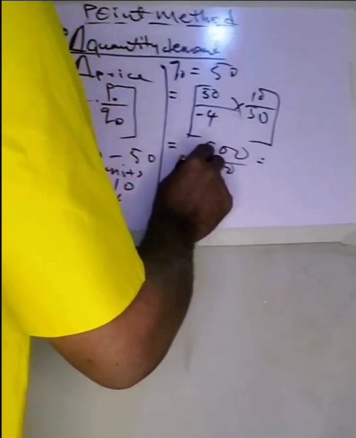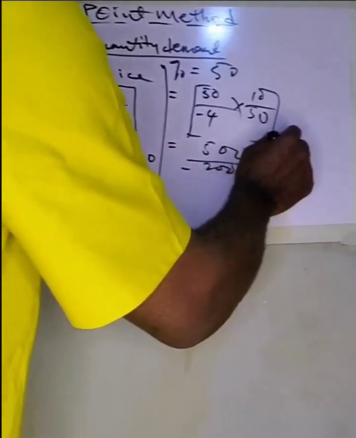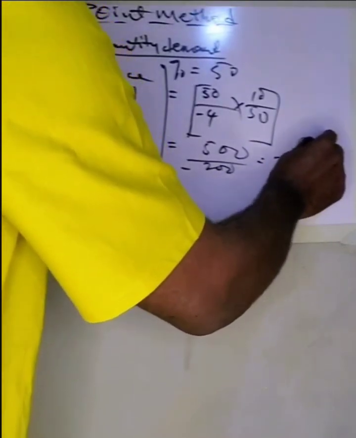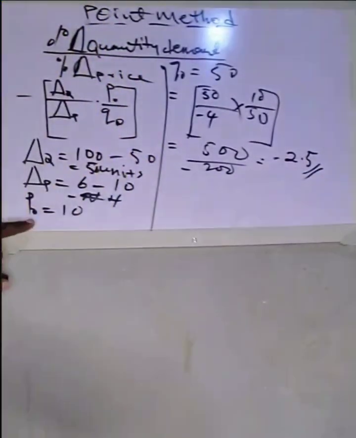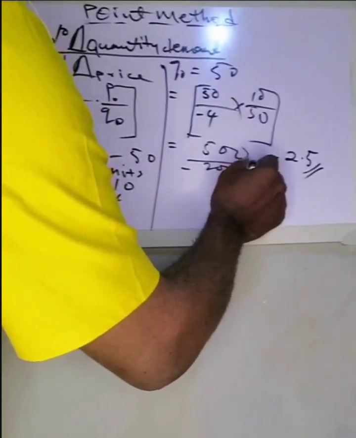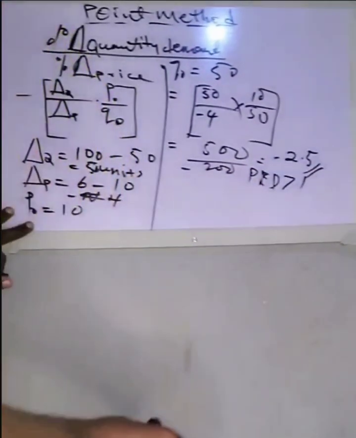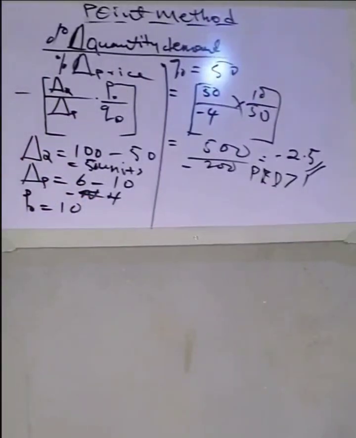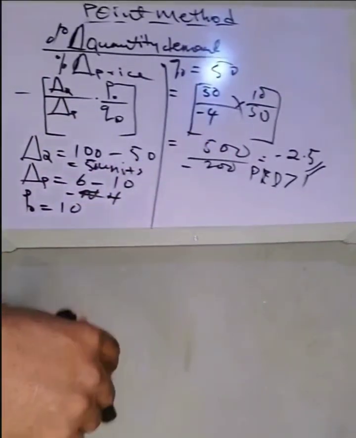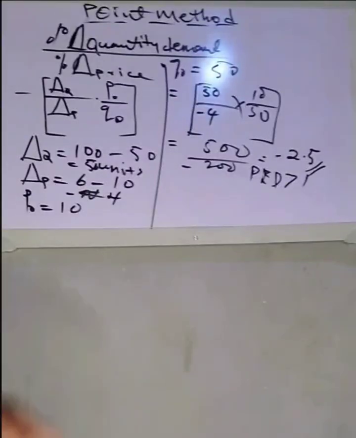When you divide, use a calculator, divide 500 by minus 200, it gives you minus 2.5. That is, we said that PED is greater than 1,